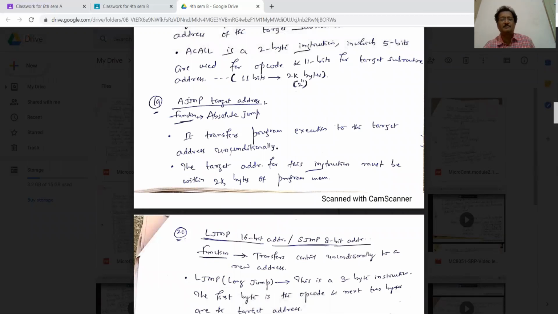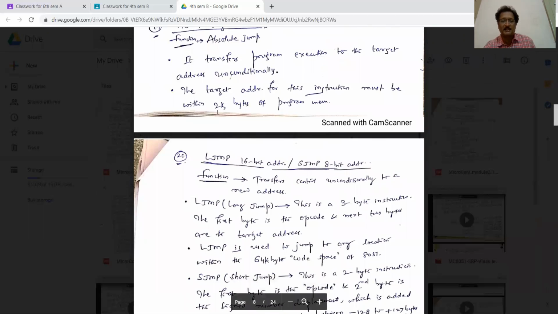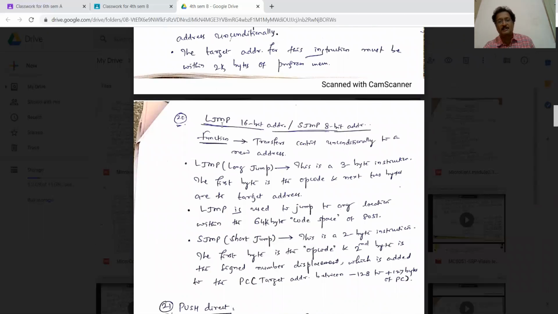This instruction, AJMP, that is absolute jump, is very rarely used. We have not come across this particular instruction anywhere in module number 2 or 3, so for the time being we'll keep it pending. But certainly we have used LJMP and SJMP. SJMP is a short jump with an 8-bit address. LJMP is with a 16-bit address, and in most of the programs, I think 90%, we have used short jumps only. But LJMP also we have used.